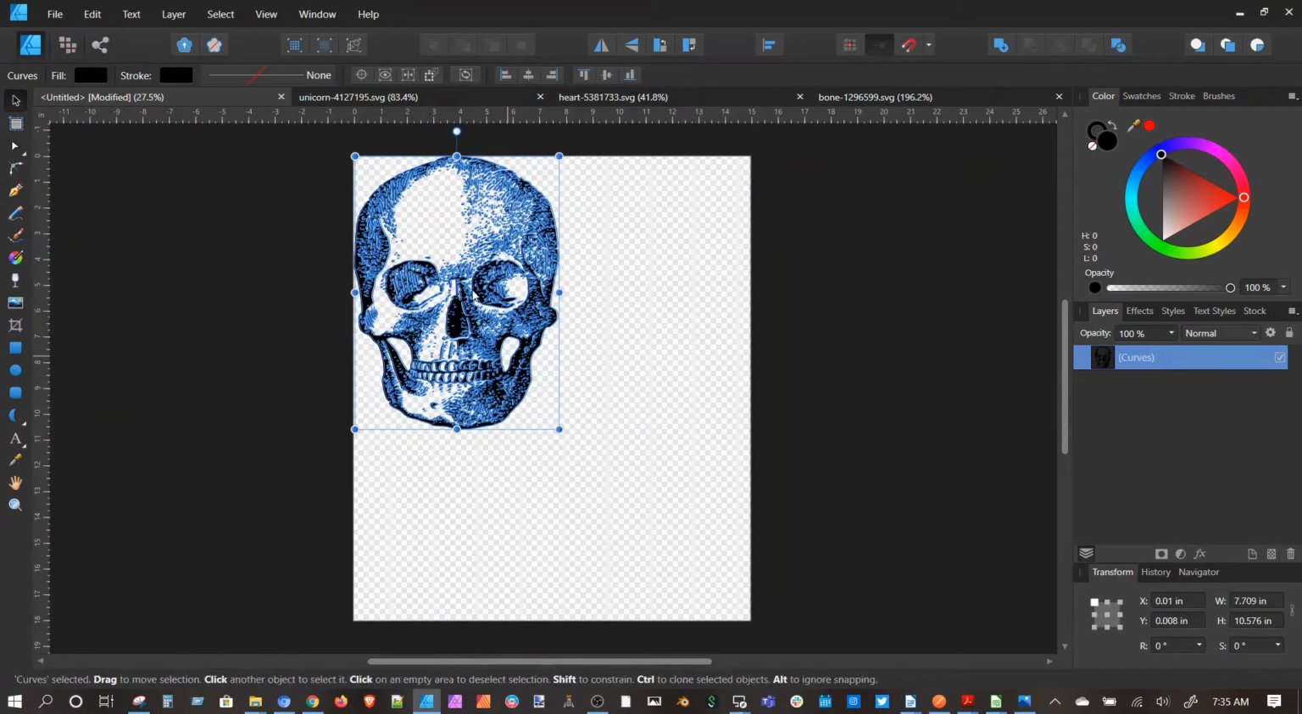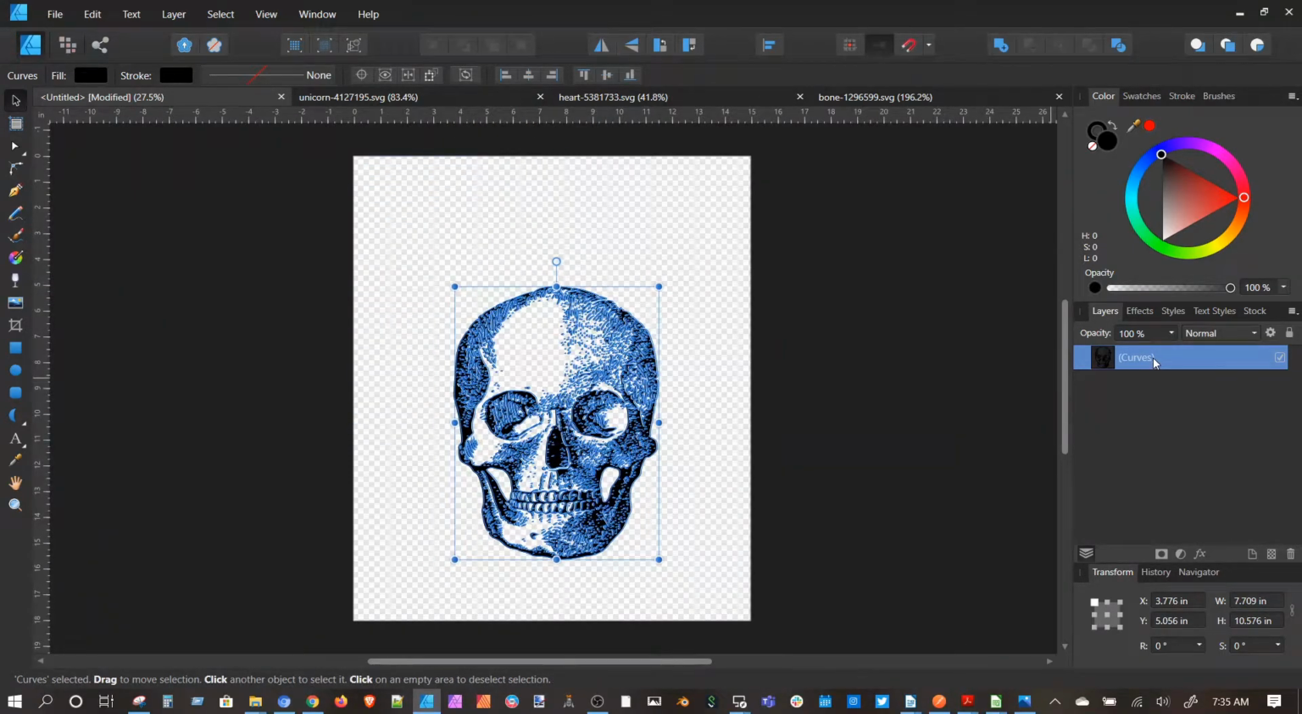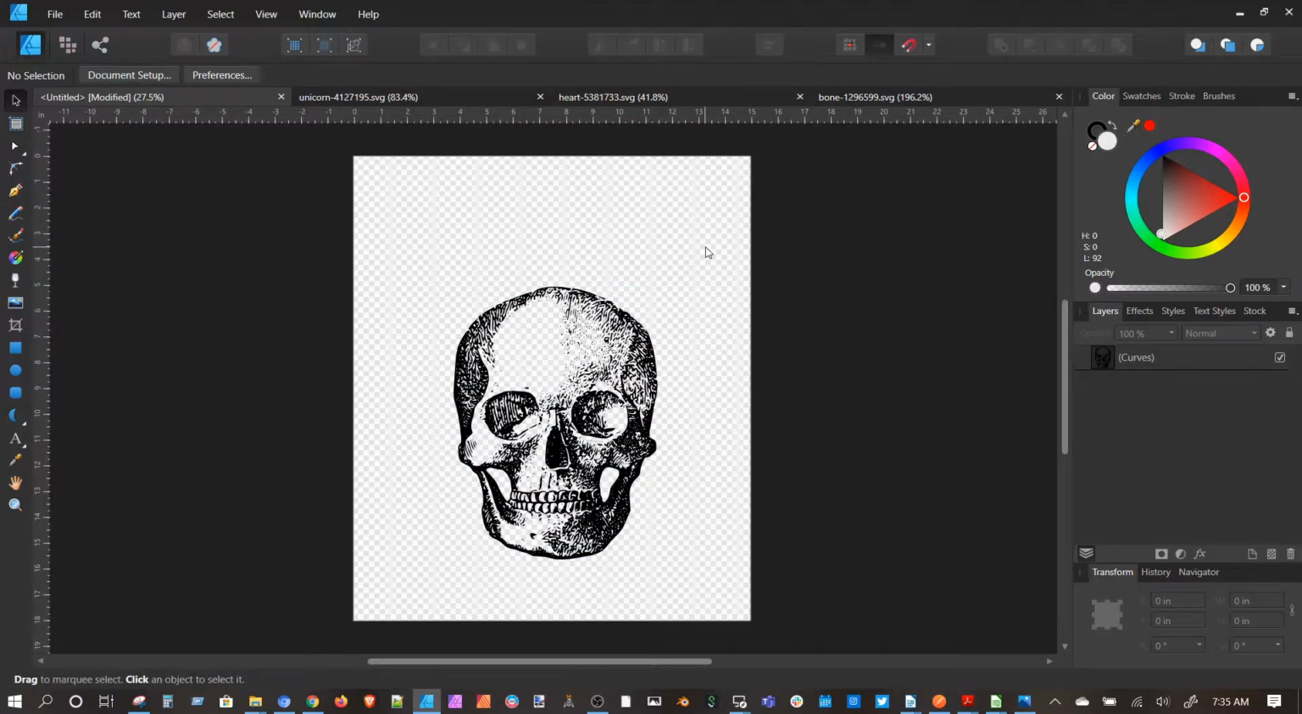Okay. You can see the layer. Sometimes they come in a bunch of items which you would group together. I'll show you that later. Okay, so here's my skull. All right. So let's say I'm